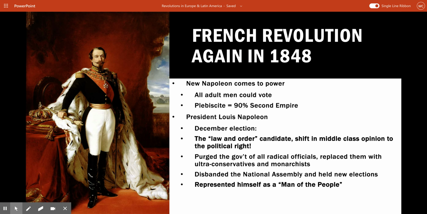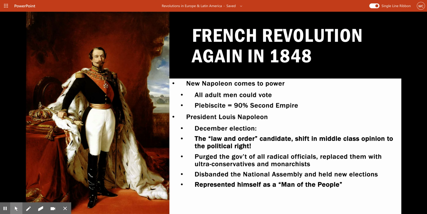For the liberal bourgeoisie, they see him as a good choice for the leader of France, because he's going to bring stability. He's going to bring the ability for the economy to get back on its feet again, to fix this recession that's going on, and to get things going again. And it's going to prevent the far left radicals from totally upheaving the whole system. That's what the liberals were hoping for in having the new Napoleon III in power.